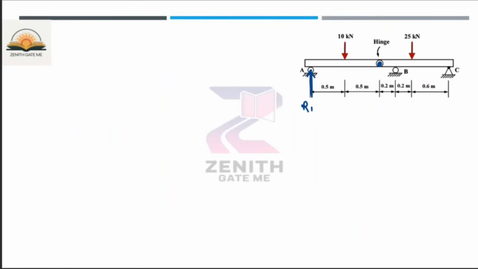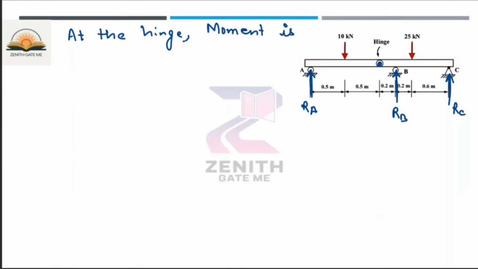So what are the reactions? One is RA, this will be RB and this will be RC. There will be a horizontal reaction, but there is no horizontal force. If you take summation of force in x direction, it will automatically come 0. Only 3 vertical reactions are there. Now, at the hinge, as you know, the moment is 0. So if you take the summation of moment at D point as 0,